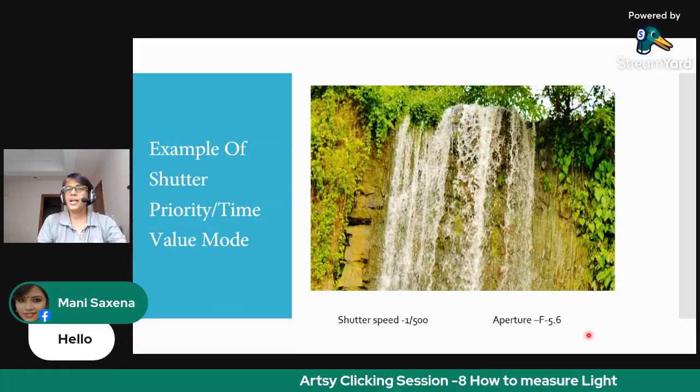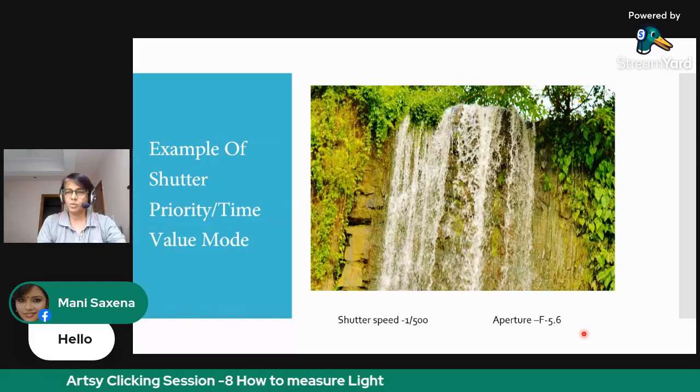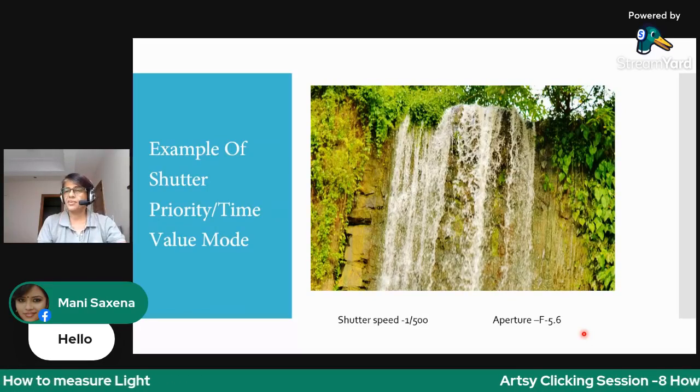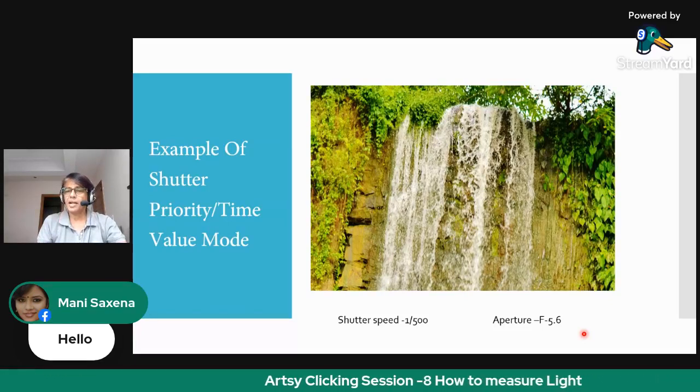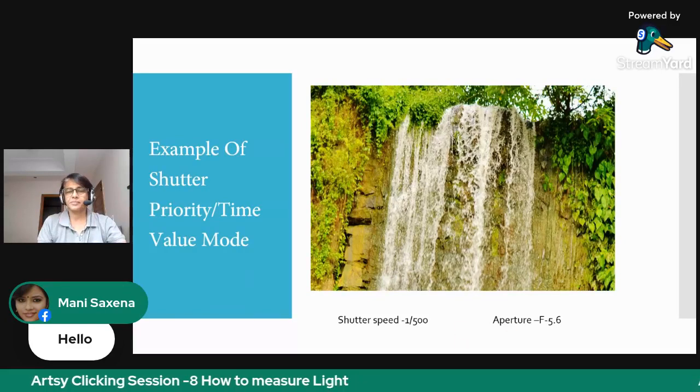So what I'm trying to say is that if we are using semi-automatic modes, the camera will try to auto-adjust the amount of light entering to maintain the light meter at 0 by adjusting other parameters available to it. I hope I'm clear.